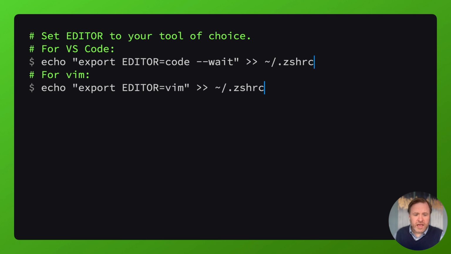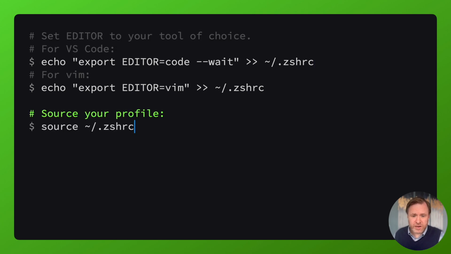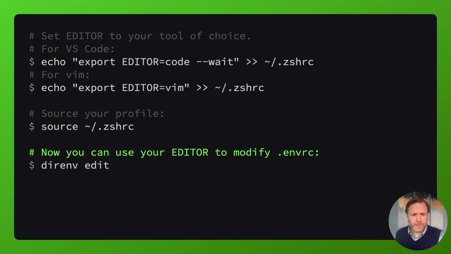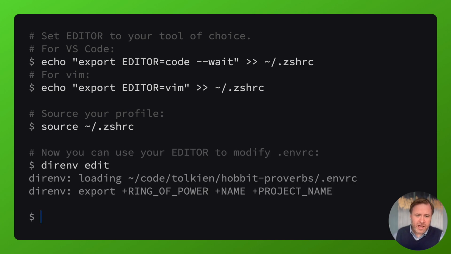Direnv uses our editor environment variable to connect with the tool of our choice. We'll take a moment here to add that to our shell's profile, whether it's Vim or VS Code or some other editor. Don't forget to source your profile. Now you can use direnv edit to modify the .envrc file. For our example, we'll add a one ring variable in our editor, save and exit, and we now see one